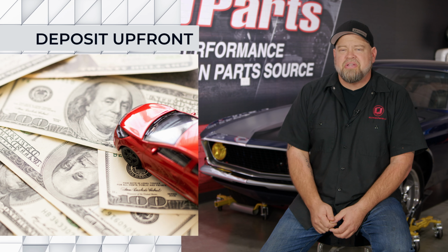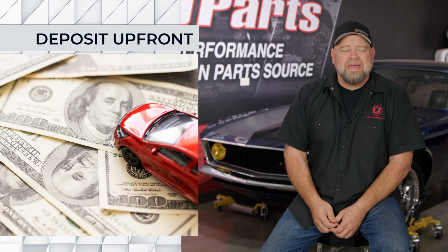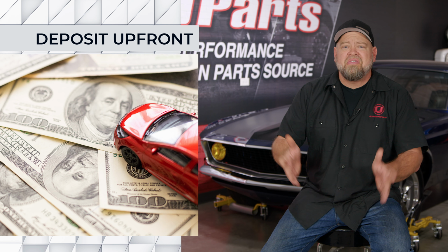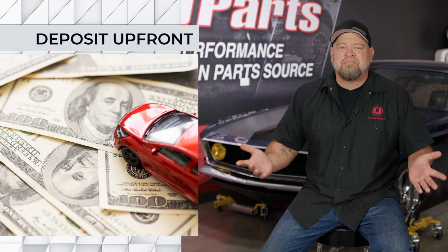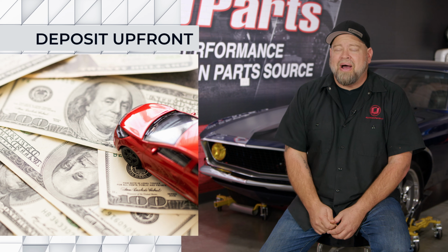for a deposit up front. Now, deposits are put on cars all the time. If you find a car that you like and you've seen pictures and video and verified the VIN and your friend went and looked at it and everything is legit, the seller may ask you for a couple bucks to hold it until you pick it up. That's perfectly normal. When you don't get that stuff though, and they start asking for a deposit, that's when you